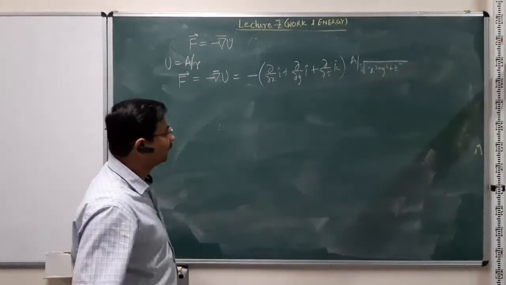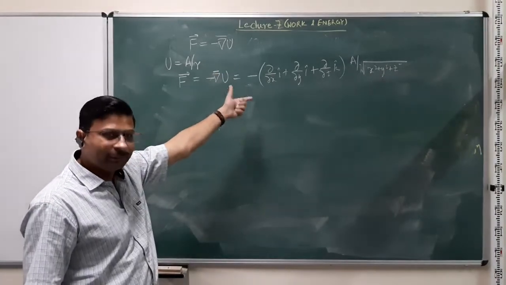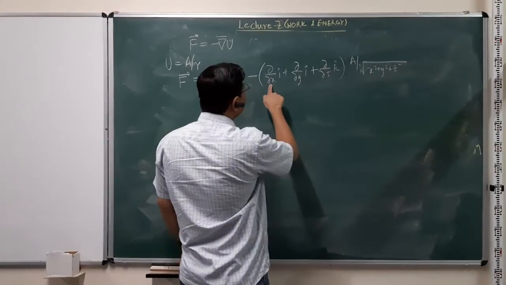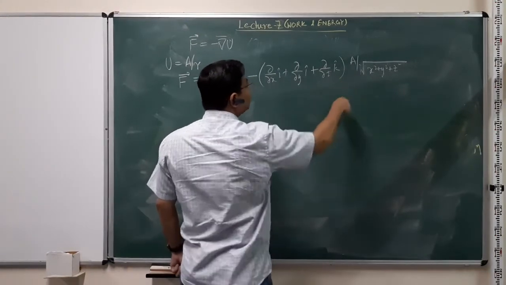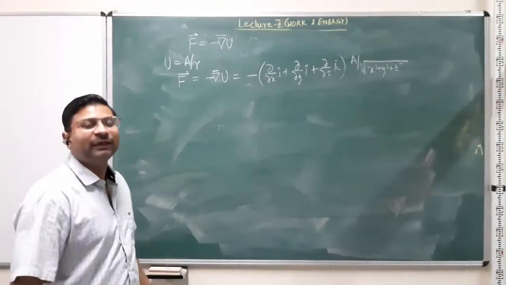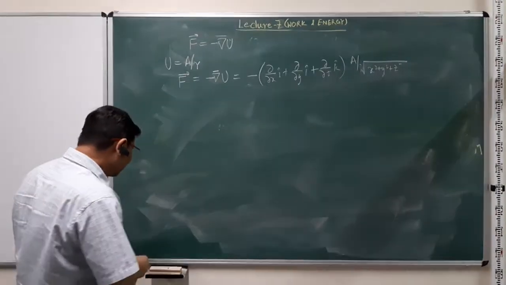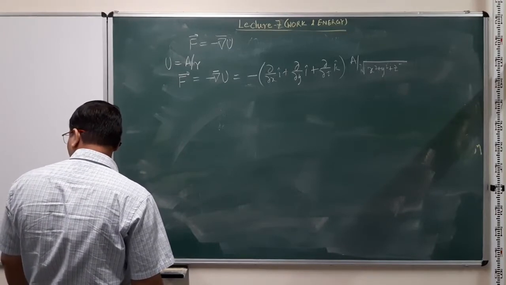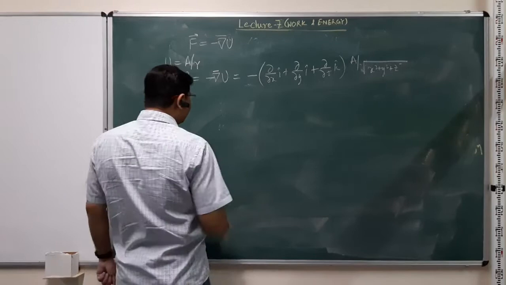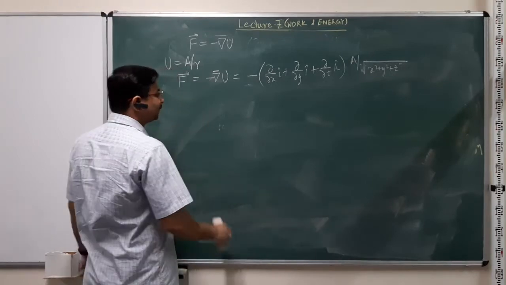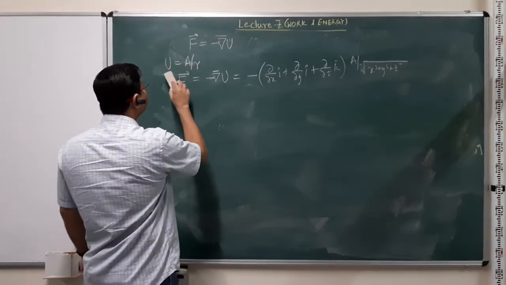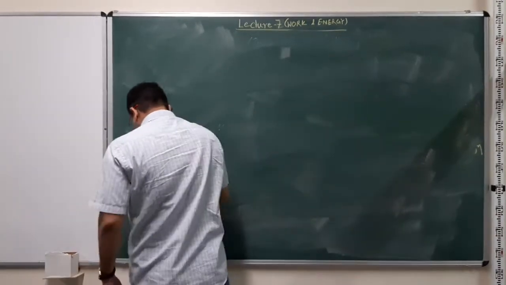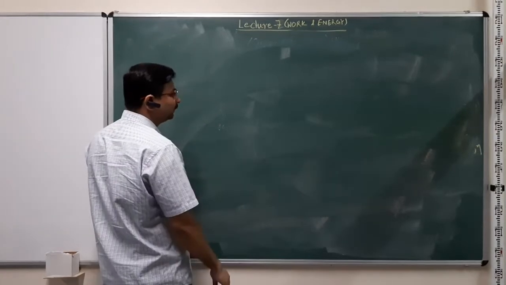So this is fine, can be solved, but now it looks a bit tricky. Rather, if I had only a partial derivative in terms of r itself, then it's a very straightforward solution. It's just minus 1 over r square, right? We can do something like this by selecting an appropriate coordinate system, and that's what I want to discuss now: how to see these coordinate systems and how we can change these things.